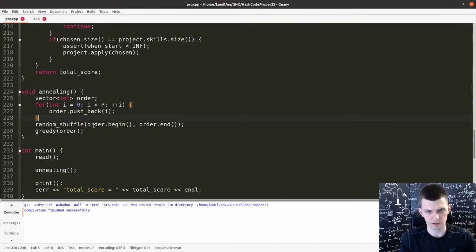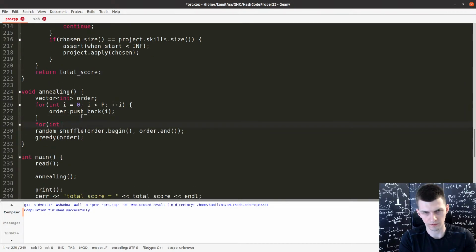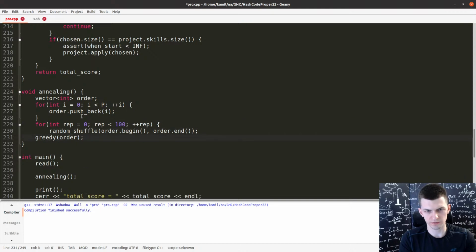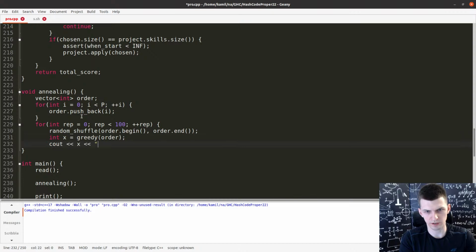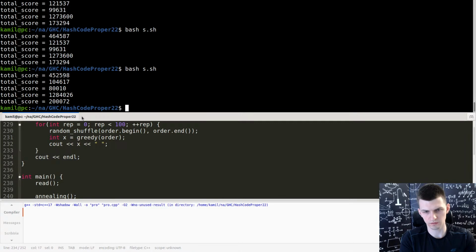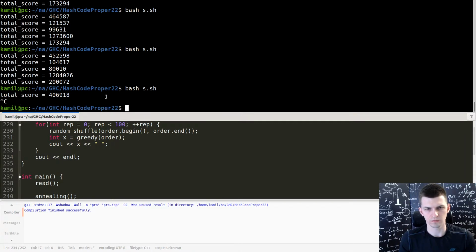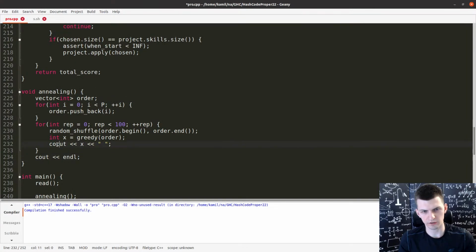And I can say repeat some number of times. Yeah, let's say for now random shuffle the order. Do this, print X. I should print it to the error output because the other output I'm redirecting.